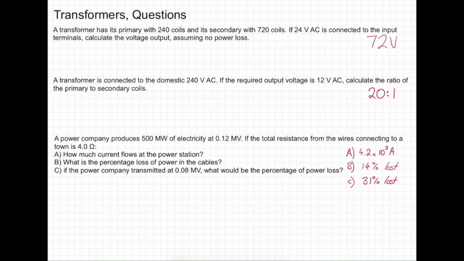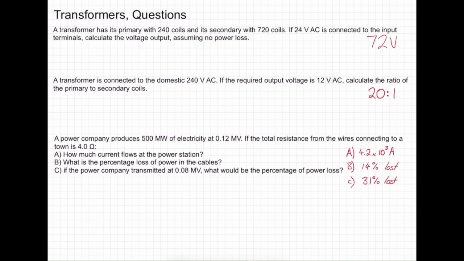Hey everybody, in this video we're going to be doing some transformer questions. Our first question is, a transformer has a primary with 240 coils and a secondary of 720 coils. If 24 volts of AC is connected to the input terminals, calculate the output voltage, assuming that there's no power